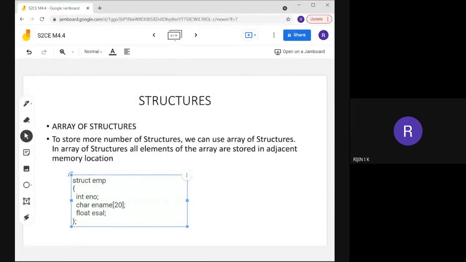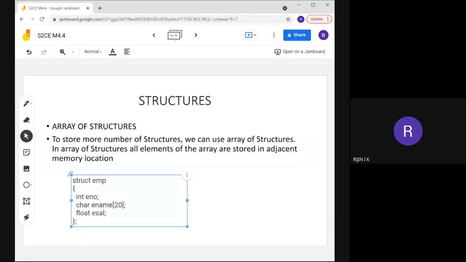Once you specify this, it won't create the memory. Memory is created only when you declare a variable for this struct employee data type. It is a user-defined data type, which we already studied. Whenever you declare a variable for this data type, memory is allocated.